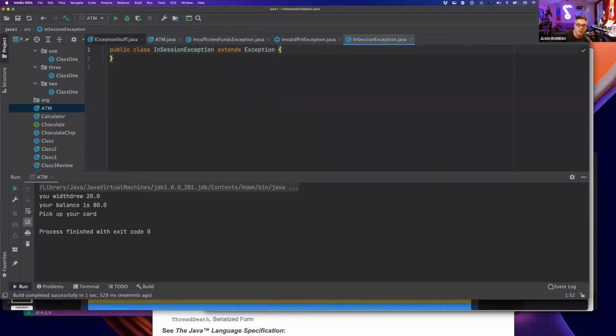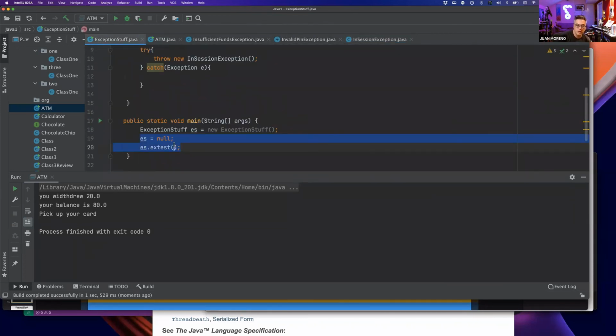Where do we have the other exception stuff? If we did, like, int a equals 10, int b equals 0, and then we did,